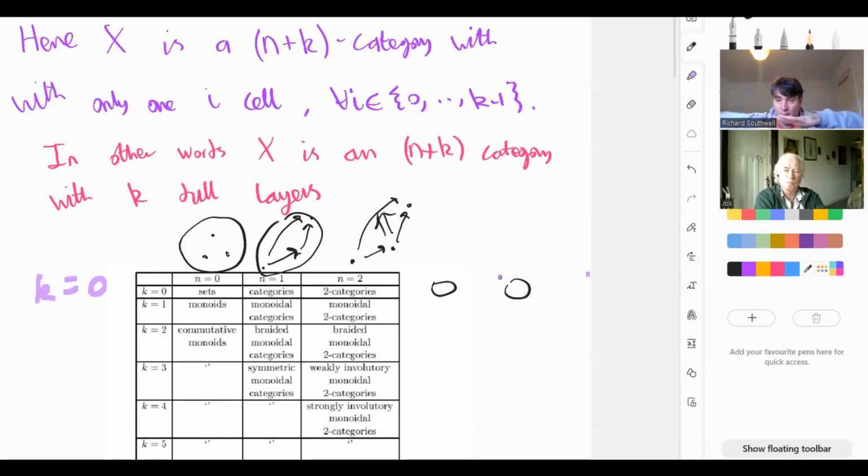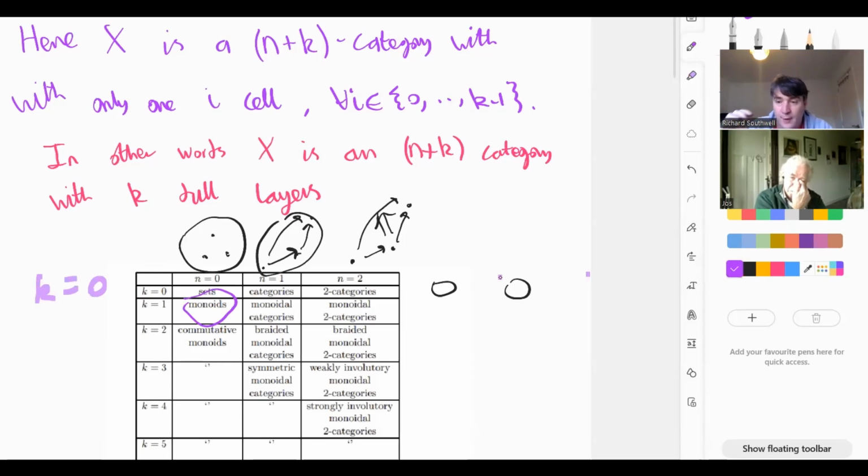So we decided to restrict our structure like it was a category, but it was dull on the zeroth layer because we only had a single zero cell. And then we had something a bit more interesting after that. We had lots of A's and B's. And so you see here in the table, when k equals 1 and n equals 0, what we have is